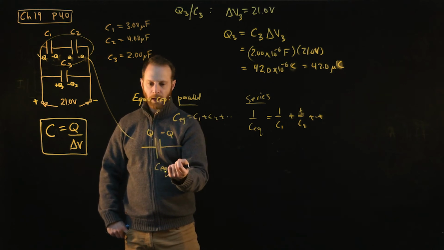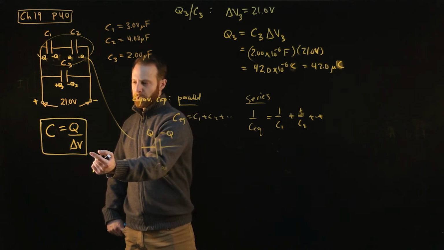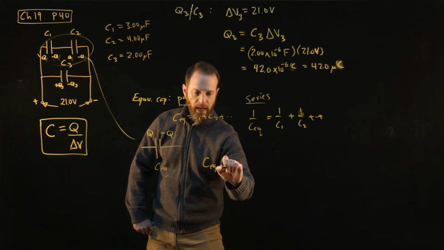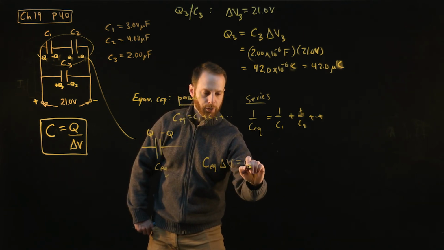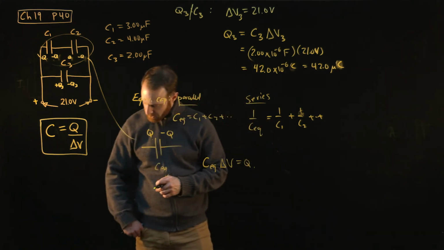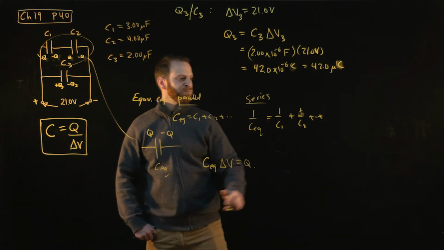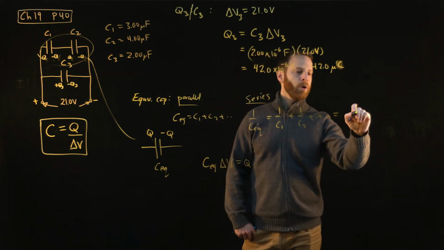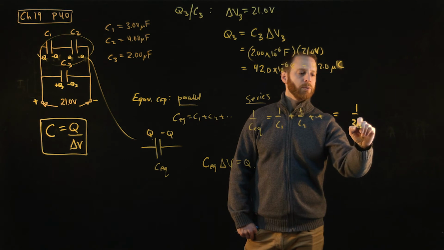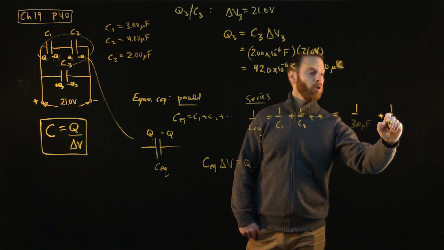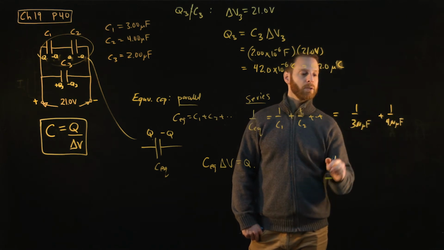If we want to now find what the charge is, we can simply use this equation. We can write C equivalent times delta V. That should give us the charge. And we're almost ready to do that. Why don't we solve for what the equivalent capacitance of this circuit is? Apparently, this is equal to 1 over C1, that's 1 over 3.00 microfarads